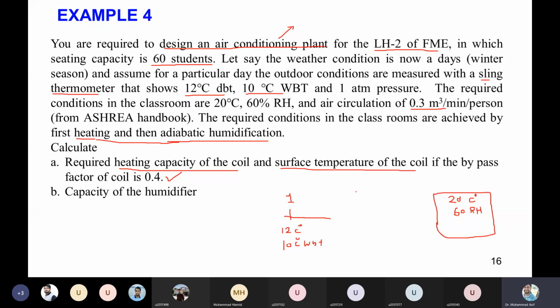Then we need the required condition for 60 students, with an air circulation rate of 0.3 cubic meter per minute per person, and this condition can be accomplished by first heating, and then